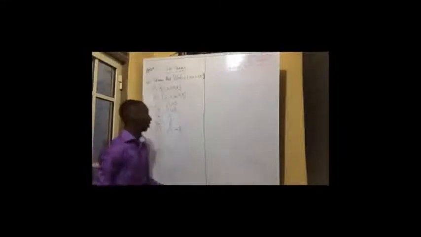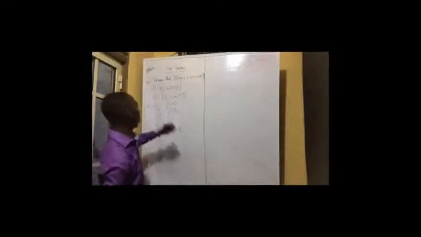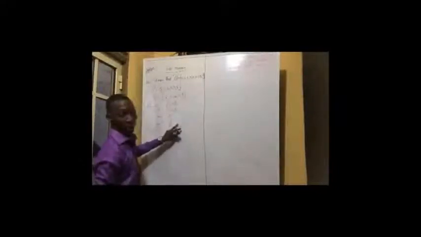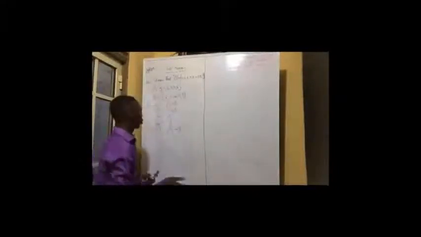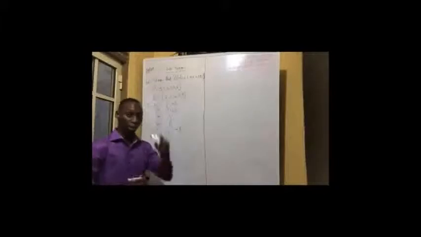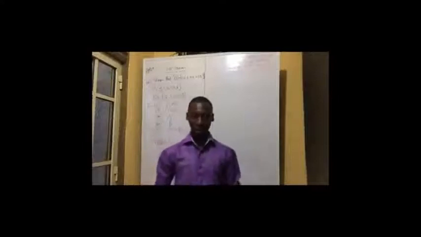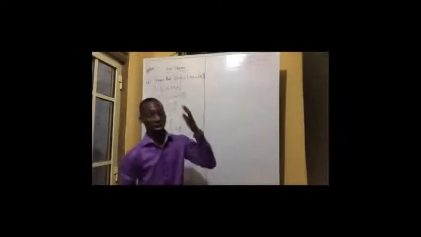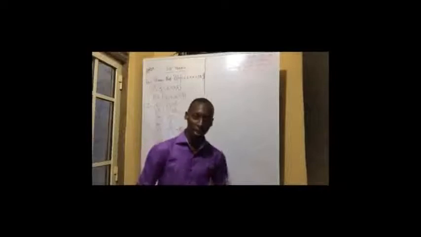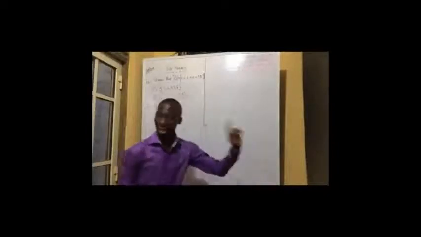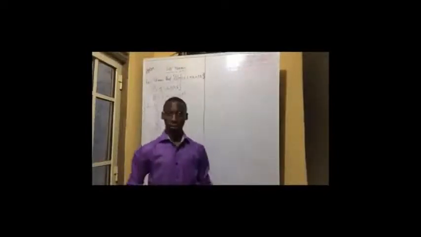I hope you all can see this. Now let's take them one after the other. I'll take this one quickly, but this is the main one I think you guys did not get that day. So what is your A intersection B? Don't forget from our last class what intersection means. I said intersection of two sets A and B is that element that is common to both set A and set B.